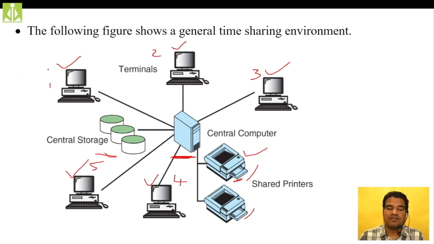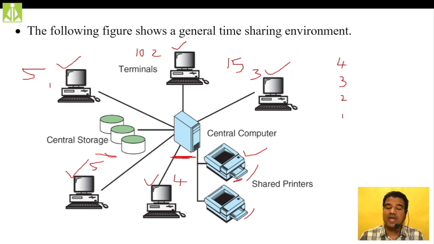So let us assume terminal 1 is taking 5 minutes on this printer, terminal 2 is taking 10 minutes, and terminal 3 is taking 15 minutes, and at that time terminal 4 is insisting, terminal 4 wants to use this printer. So all these terminals, like 1, 2, 3, wait in a queue, and then we have 4. They wait in a queue.